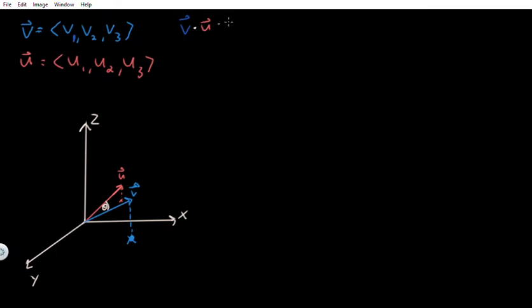And the way we calculate a dot product, pay attention to my color scheme here, it should hopefully make this a little bit clearer, would just be v1 times u1, plus v2 times u2,